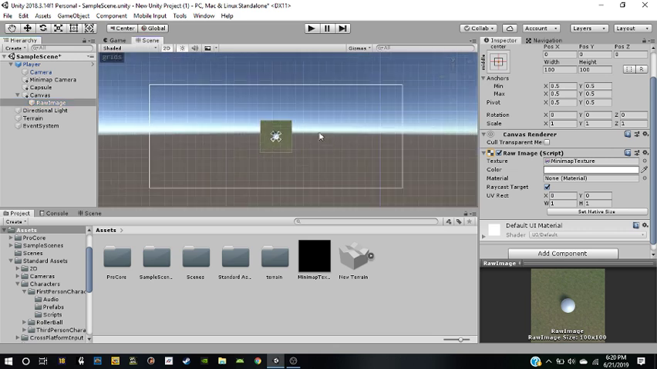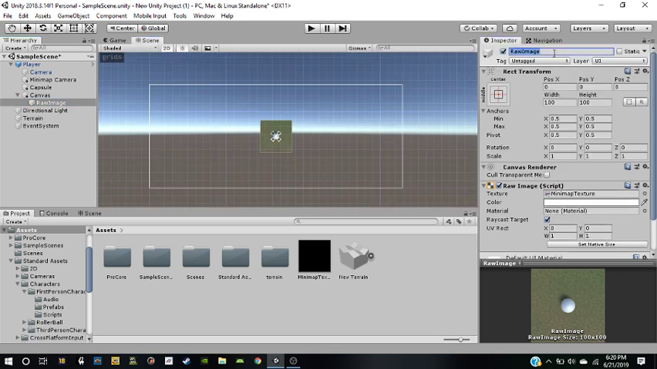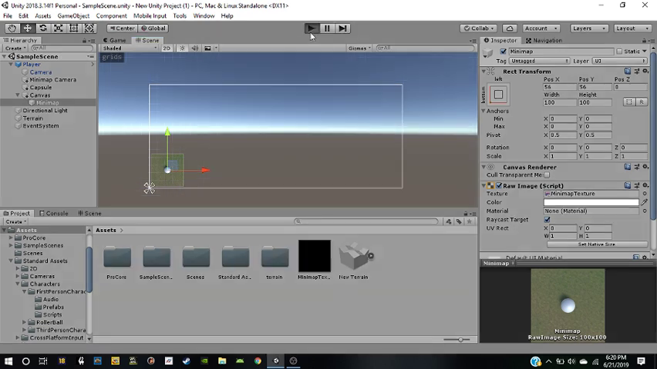Go to 2D, and I want the minimap to be in the bottom left corner of my game. So we'll go to minimap and then I'll anchor it to the bottom right. Go 0, 0, and then just shift it enough, leaving a little bit of space. So now when you play,